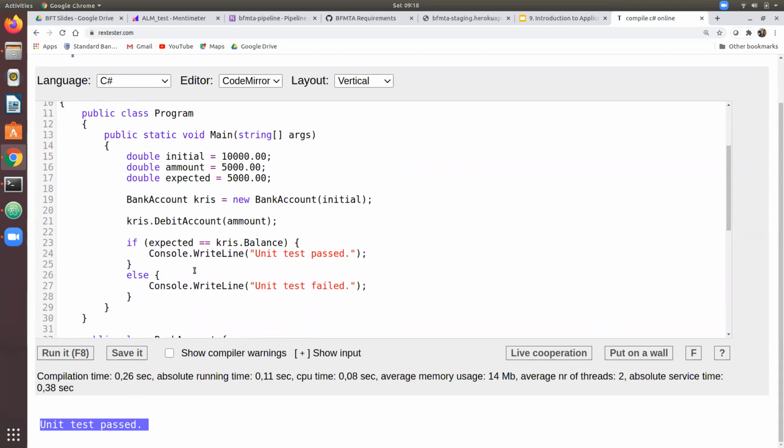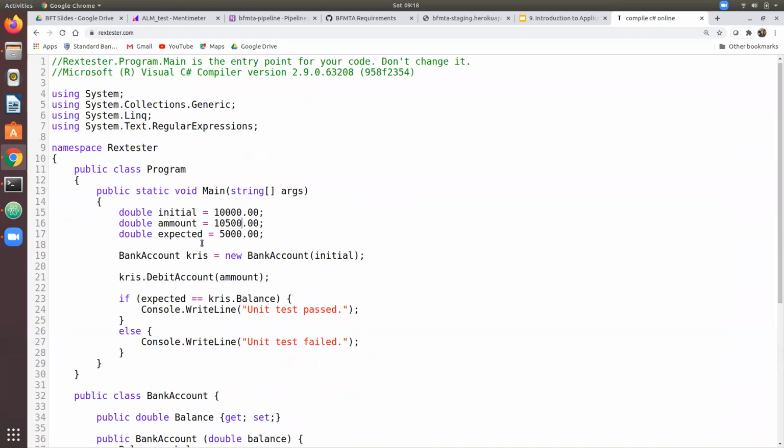Now you can see, that test was simple, but you could see how this could help us find some problems. So for example, let's say I wanted to withdraw an amount of 10,500. Okay, so let's say we set initial to 10,000. I try to withdraw the amount of 10,500. What happens now, guys? What's the amount that I expect at the end, if everything was working properly,